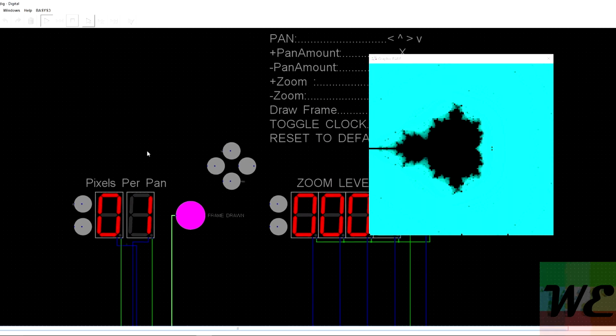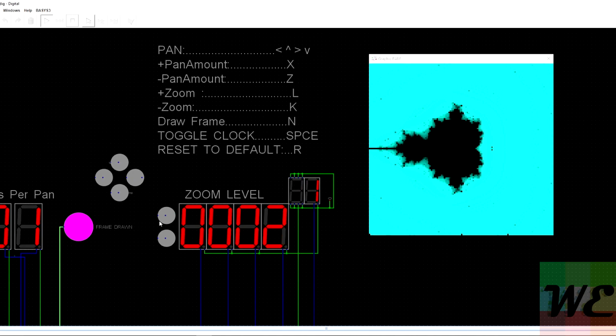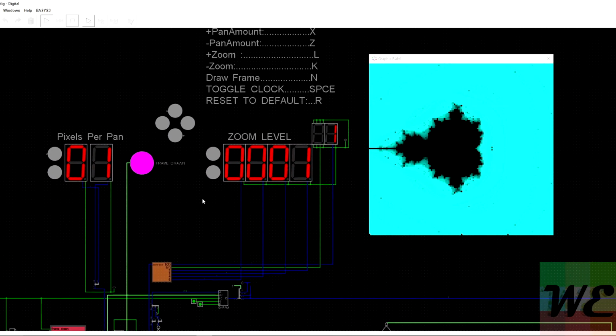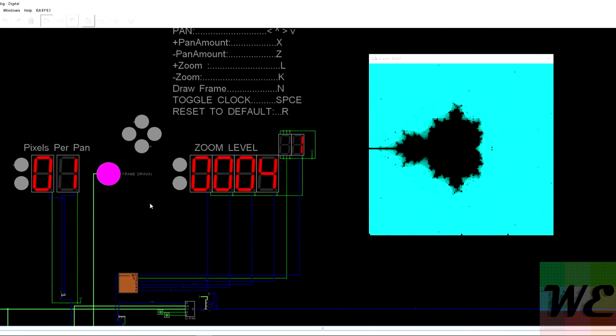And these are just some nice indicators here. So when you increment pixels per pan, you see a green light, and when you decrement you see a red light. And when you increment the zoom level, you'll see green when you're pressing the button, and when you decrement it, you'll see that. So the way it works is it just divides the clock down by 1,000. So if you enter a 5,000 hertz clock, every time you press the button, it's just going to poll it 5 times a second, basically. So this way it doesn't increment or decrement too much when you hold the button down, and it prevents you from...